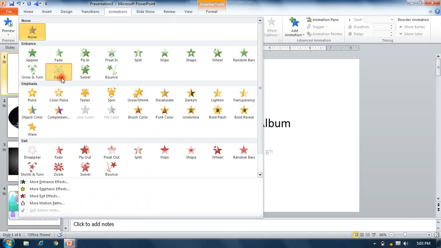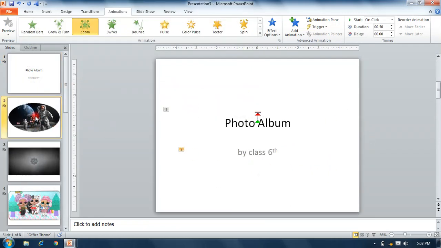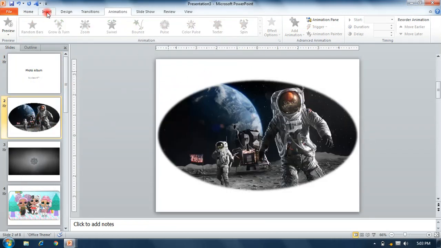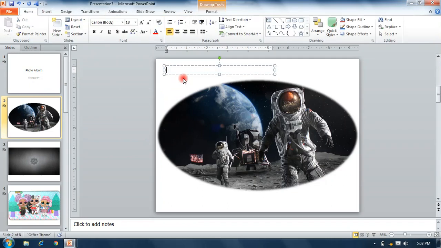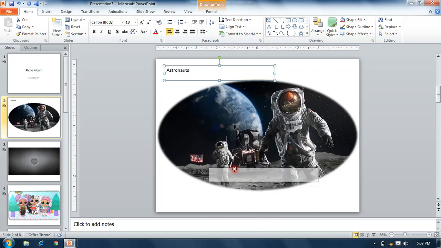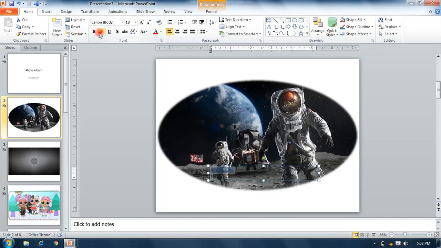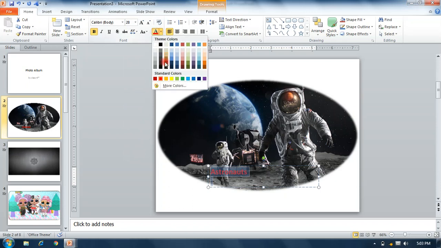So now here we can write some text. Astro, okay, and we apply some effects.